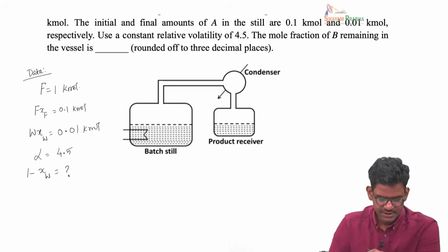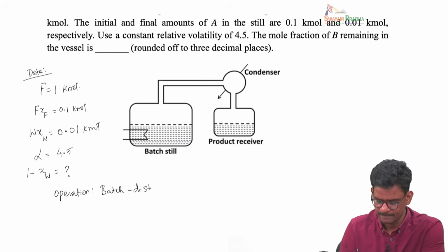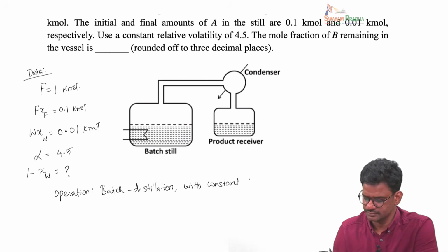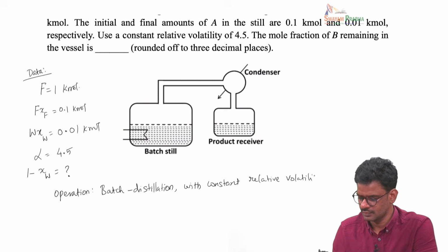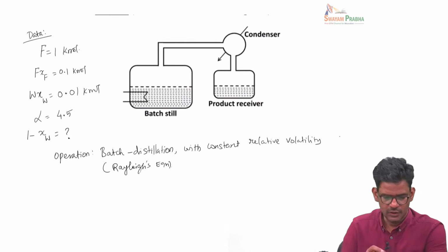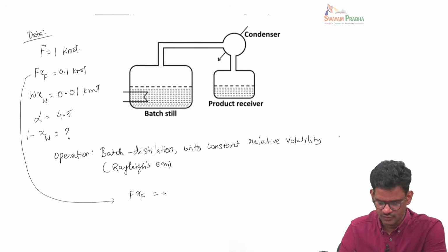So, this operation is a batch distillation with constant relative volatility. That means we should be able to use the integrated Rayleigh's equation for this problem. We can also note that from here, since we know F times XF is equal to 0.1